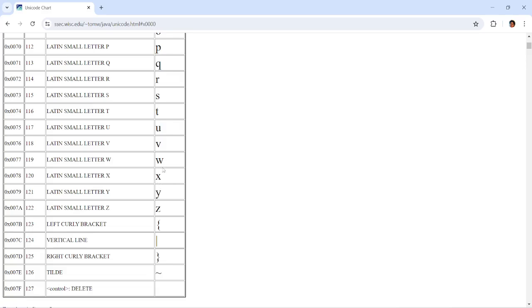What if the number code is 5? X plus 5, X plus 1, 2, 3, 4, 5. So X becomes this curly bracket, closing curly bracket. Y plus 5, Y 1, 2, 3, 4, 5, tilde sign. But Z plus 5, 1, 2, 3, 4, 5, not a printable character because delete is an action character. So the output would be only curly bracket and tilde sign when we give input XYZ as the string and